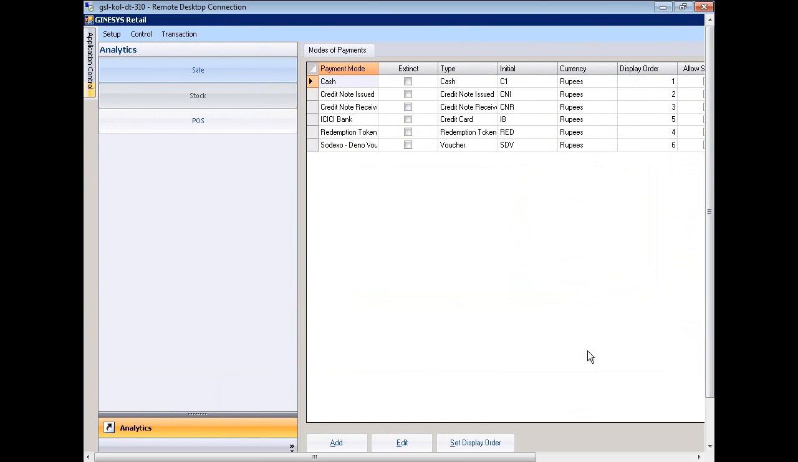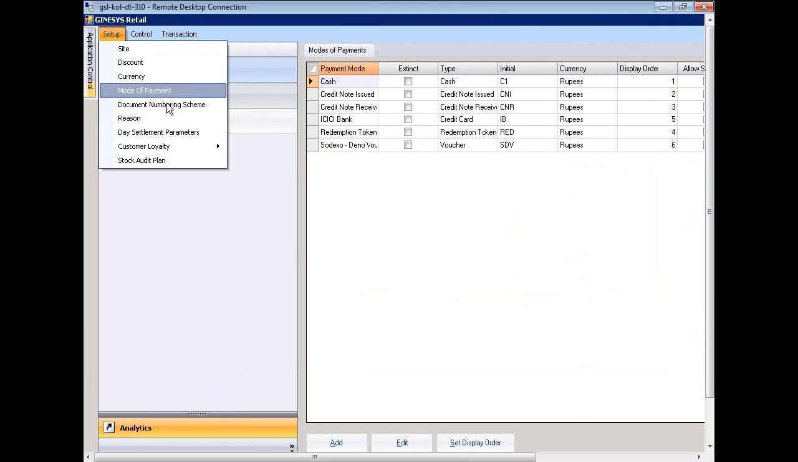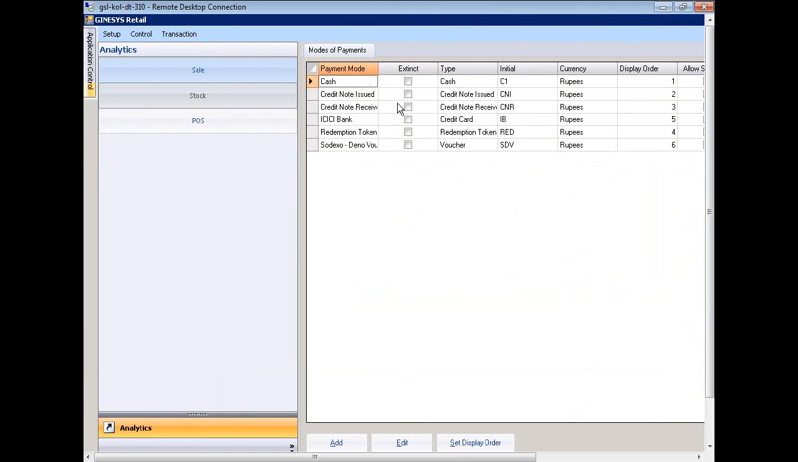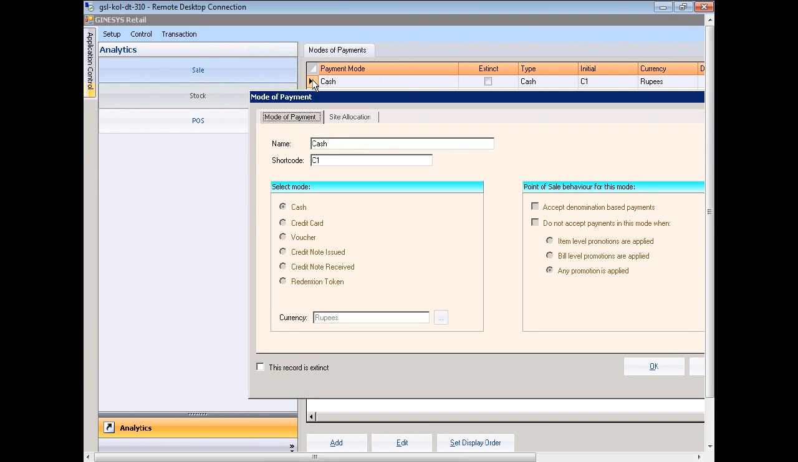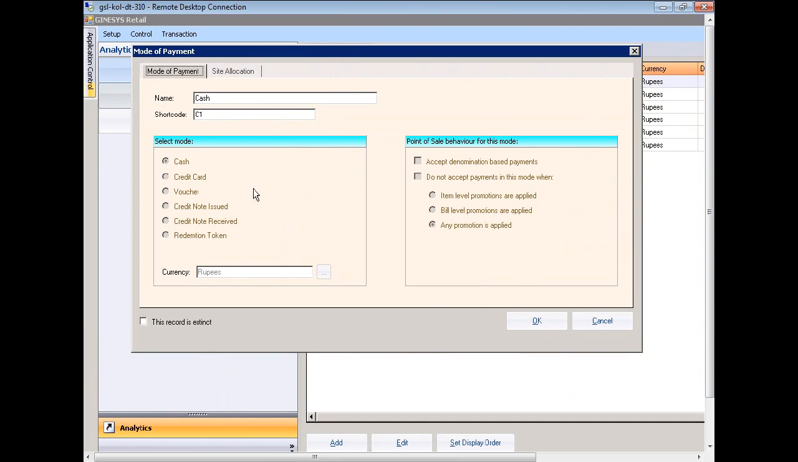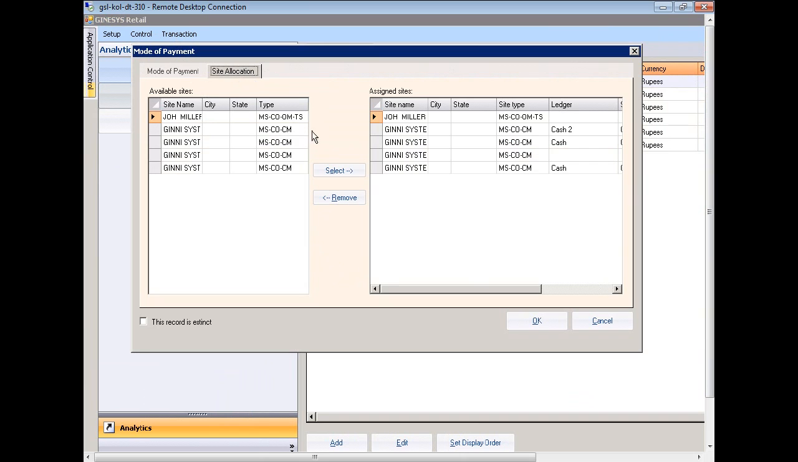Now I'm going to show you the changes made to the mode of payment module. Once again, to get to mode of payments, we need to click on setup and go to mode of payment. I already have this list open here, so I'm going to click on the first mode of payment available to me, and as you can see, that is cash. My mode of payment window opens up and shows the mode of payment that I have opened, which is cash. The addition that we made in this release was a tab called site allocation. If I click on site allocation, as you can see, I can view all the